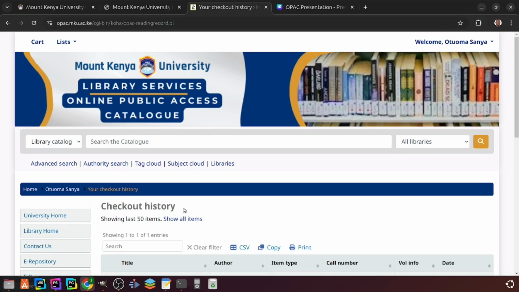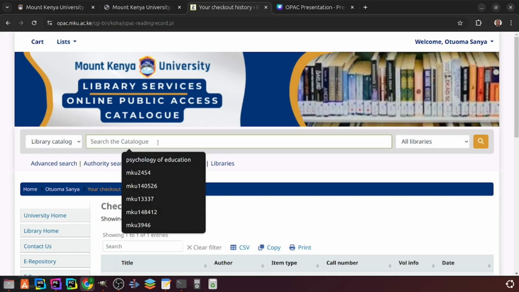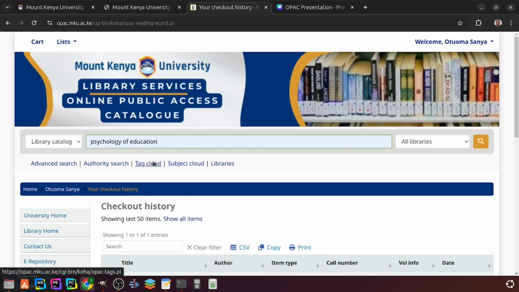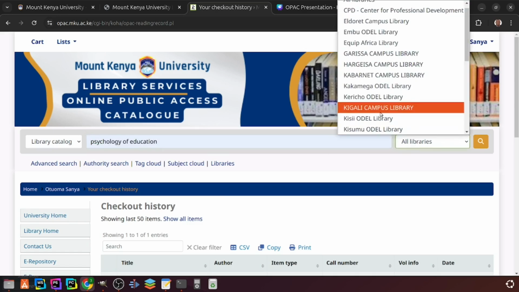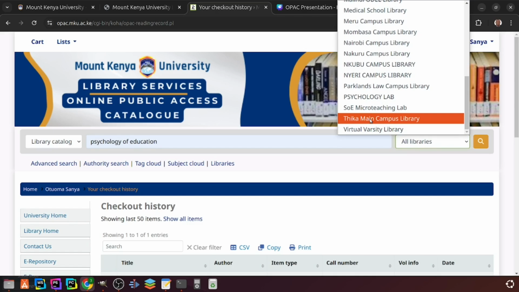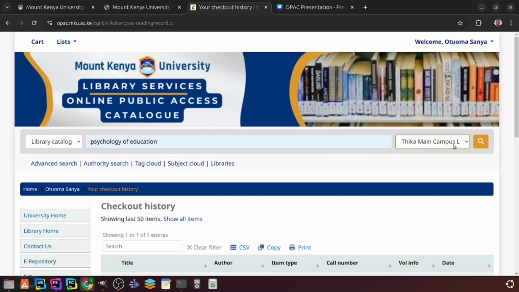Now, before I leave this particular platform, I would like to show you how you can create a list. Now, a list is created from a search exercise. So I'm going to do another search for psychology of education. Then we can be able to create a list of books. So for me to create a list, I want to create a list for students in Thika on this particular topic. So here I'm going to pick Thika campus, Thika main campus library like that, and then I'll click on search